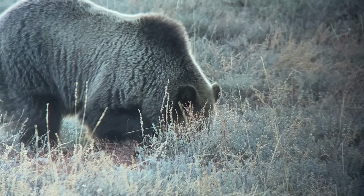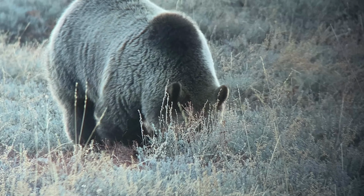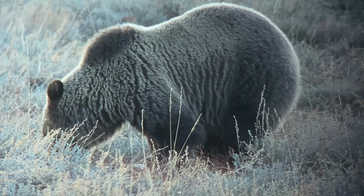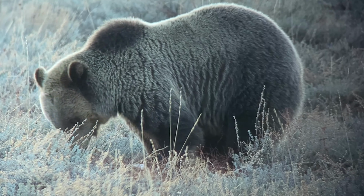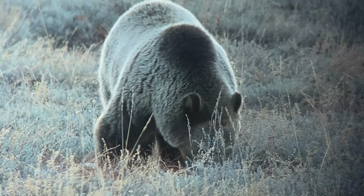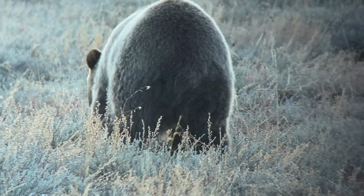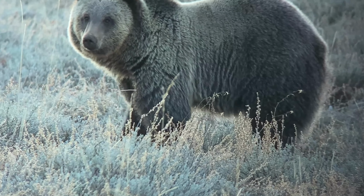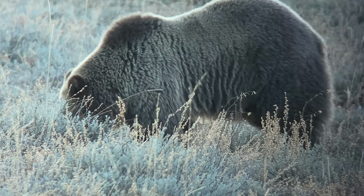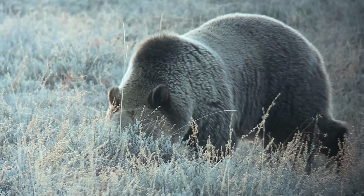A big favorite in Grand Teton National Park, bear number 793, oftentimes known as Blondie, was spotted in northern Grand Teton National Park. And sadly, she did not have her cub of the year that we had seen her with this spring with her. Now, cubs do face an annual mortality of about 50% before the age of 2, so it's not necessarily surprising that Blondie here might have lost her cub, but it is too bad in that Blondie tends to have poor success rates with rearing cubs, and the vast majority of her cubs have been lost before